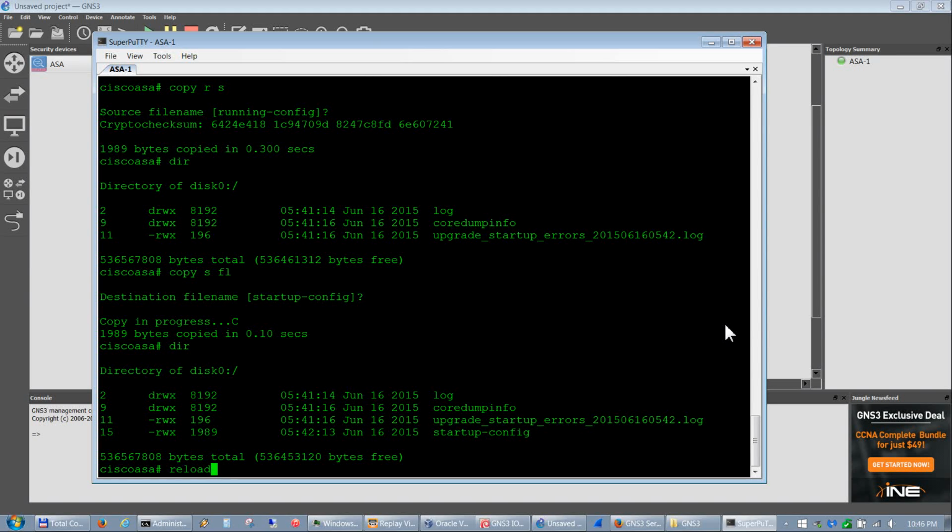And that pretty much is it for getting your ASA ready to be configured to be used in a topology. So that's pretty much it for the ASA. In the next video, I'll show you how to load an IOU router, an IOU switch, and